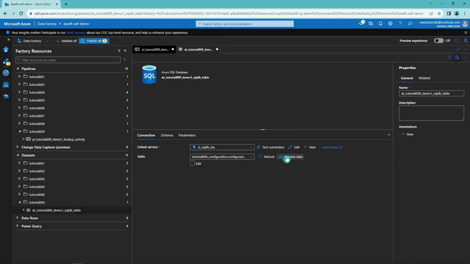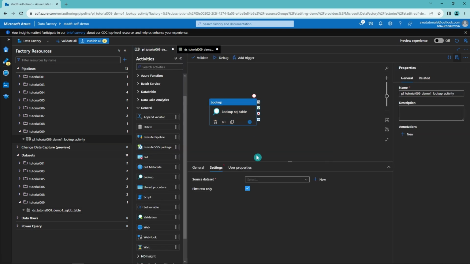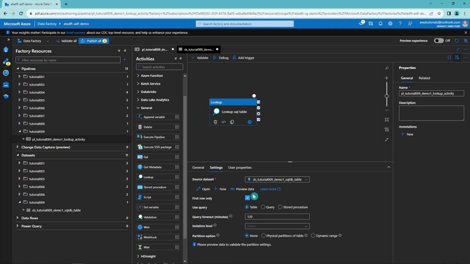Let's just quickly preview the data to see that it looks all right. And it does, so everything should be set. Let's go back to our pipeline and let's use this tutorial 9 dataset as our source dataset for our lookup activity. During our first debug run, let's leave the first row only option as checked